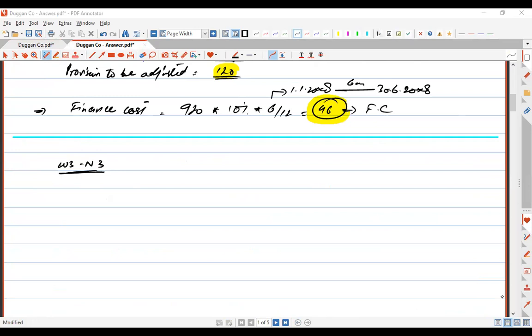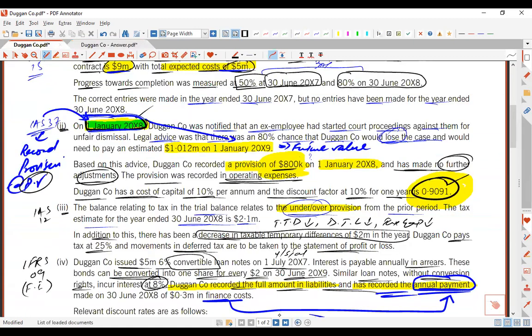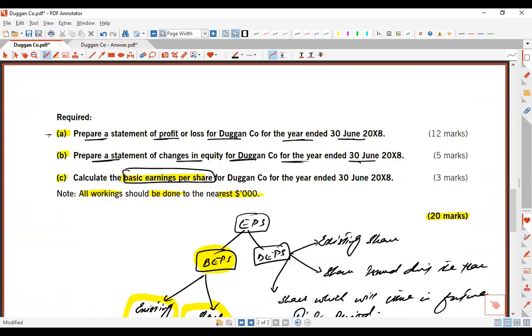You are asking about the double entry for the finance cost. Okay, let me tell you. Finance cost debit by 46 because it's an expense, and finance cost payable credit by 46. So that's the double entry for this finance cost because it's increasing your expense. In this question, I'm not bothered about the balance sheet figures because there is no requirement for balance sheet preparation. That is why I'm ignoring balance sheet figures. If there is a requirement for balance sheet preparation, then you would also be considering the balance sheet impact while doing workings.